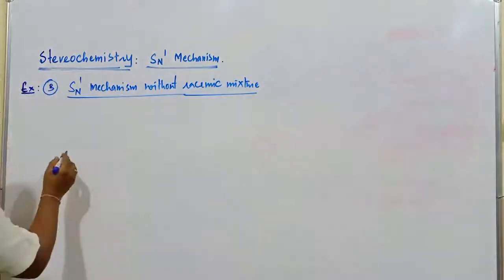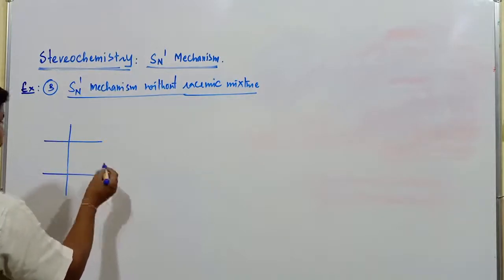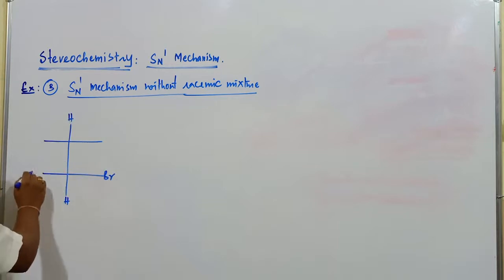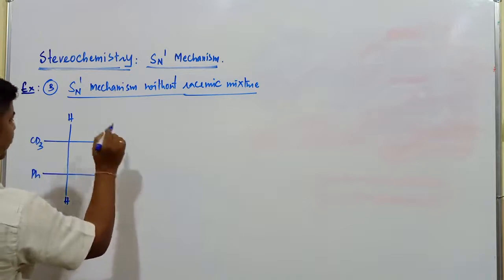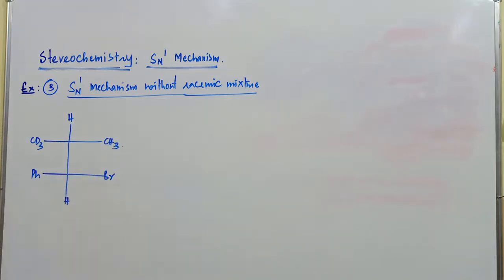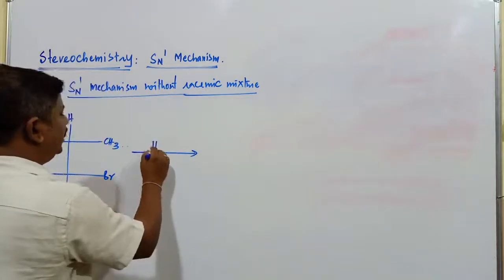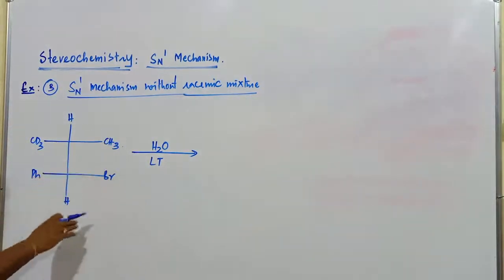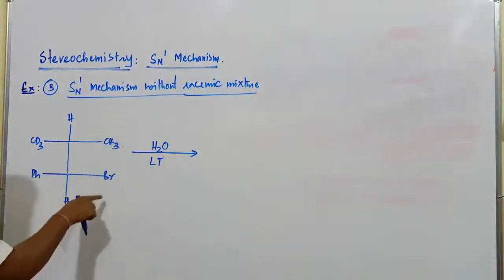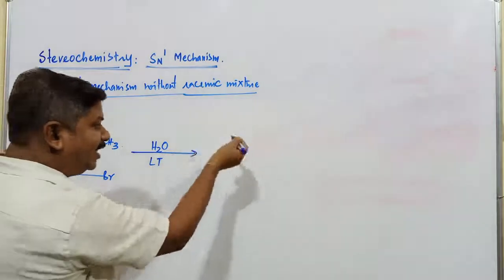If you observe this particular molecule, one simple compound, this is bromine, it is hydrogen, this is hydrogen, this is Ph, it is CD3, this is CH3. So this is the molecule which undergoes the SN1 mechanism, where the nucleophile is going to be OH minus, subjected to low temperature. Any type of nucleophile you can consider, OH minus or some other nucleophile. Now here the product that is obtained is not a racemic mixture.